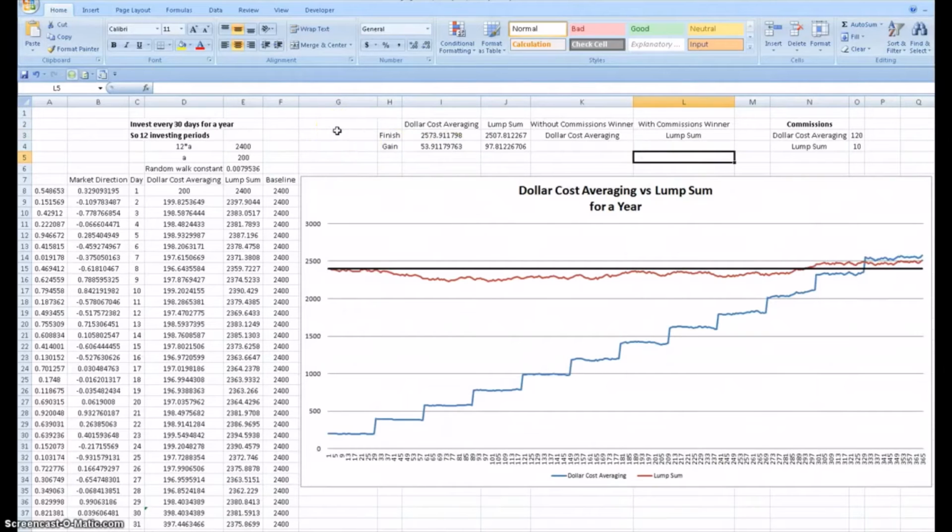So one way to improve this would be, when you're doing the dollar cost averaging, the first month you put in the 200, but you still have 2,200, right? The 2,400 subtract 200 that you haven't invested yet. It's to be invested. So that money could be in some other investment gaining interest. So I think a more thorough analysis could take that into account